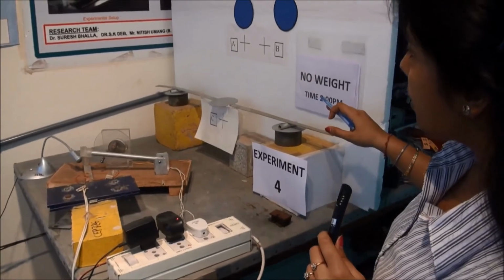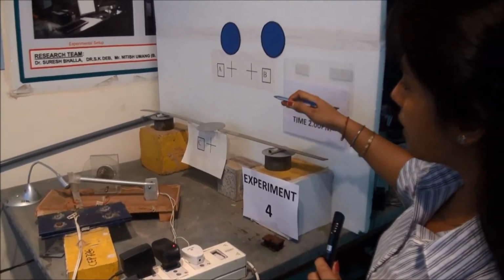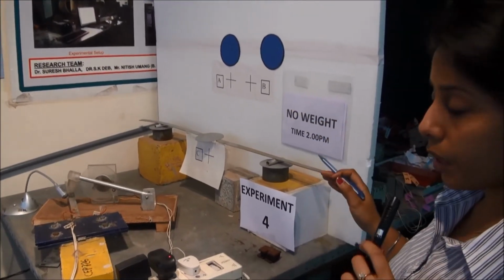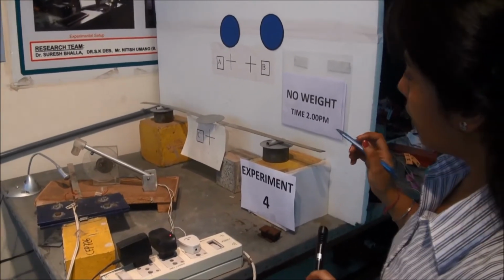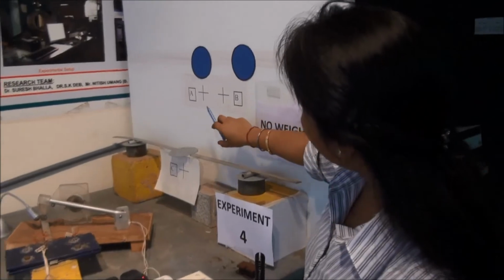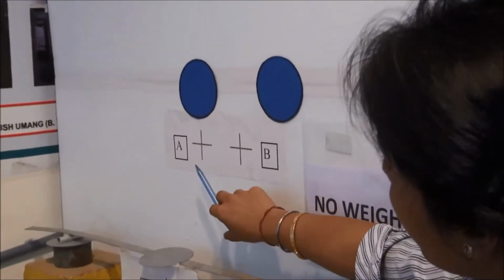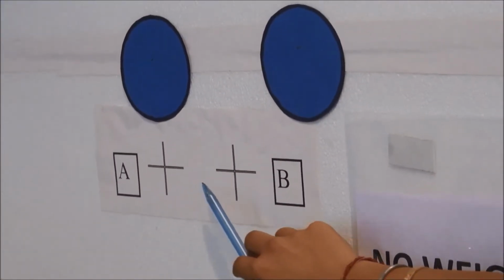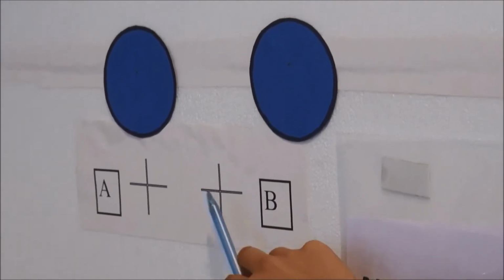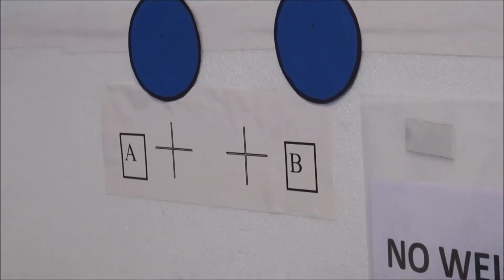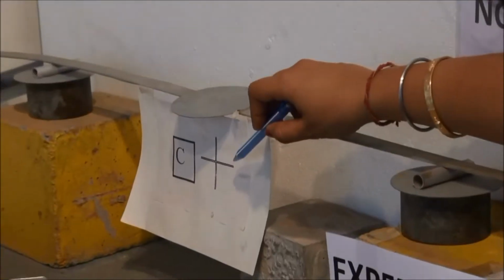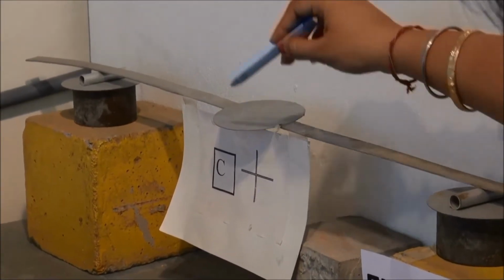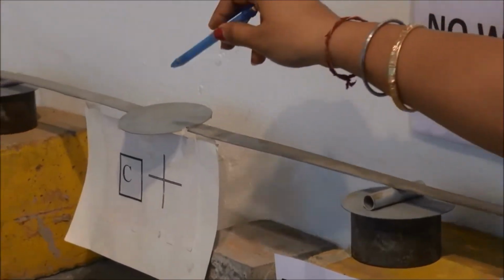Now this is our experiment 4, in which we have used a simply supported beam. This experiment is based on photogrammetry. Here there are 2 points A and B with a fixed reference. So we know the distance between these 2 points, it is 100 mm. And this is point C, which is at the center of this simply supported aluminium beam.